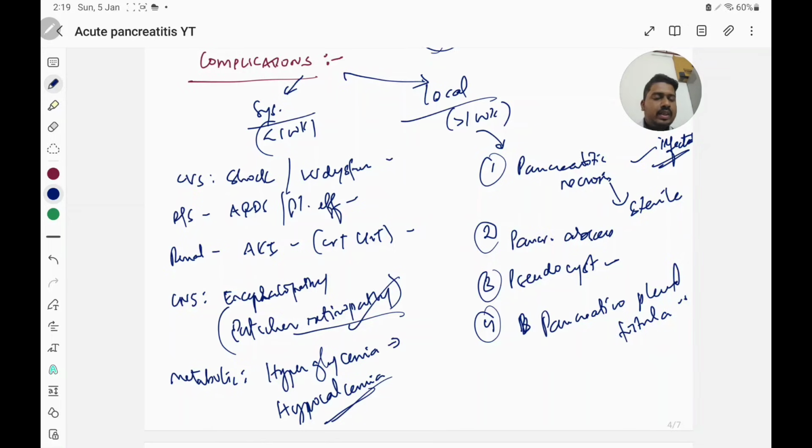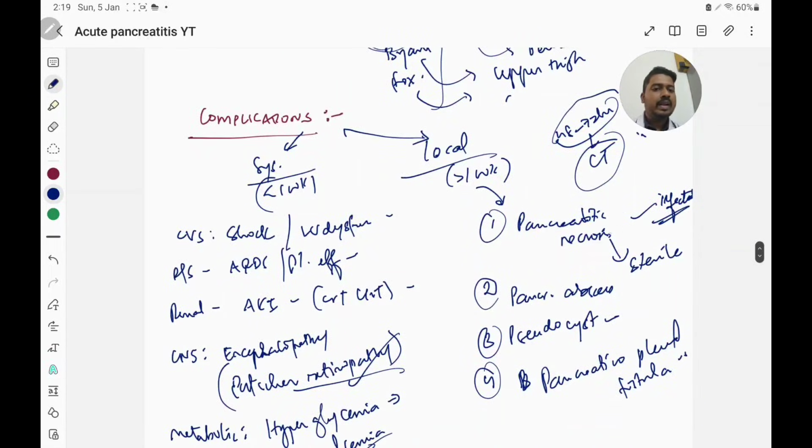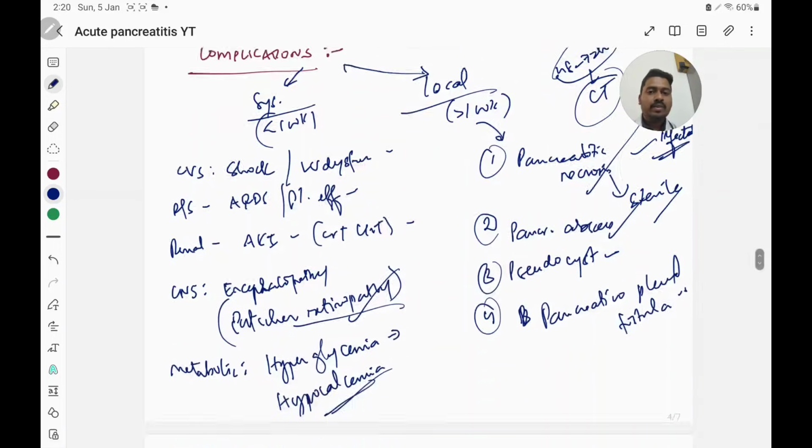Done? Okay. So that is why it is very important, when symptoms don't improve even after 48 to 72 hours, you will have to do CT, okay? Because there could be some other things going on, like pancreatic necrosis, there could be hemorrhagic pancreatitis, or an abscess could have formed, okay? So to rule out all these things, you need to do CT if the patient doesn't improve after 48 to